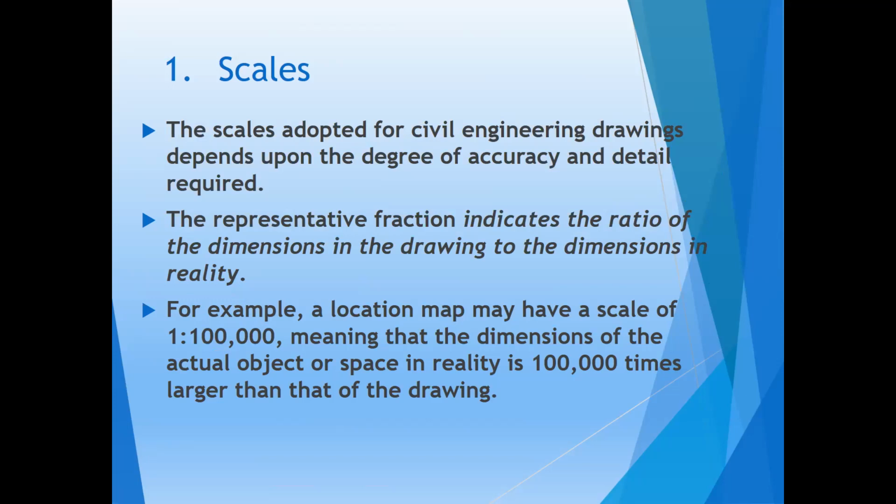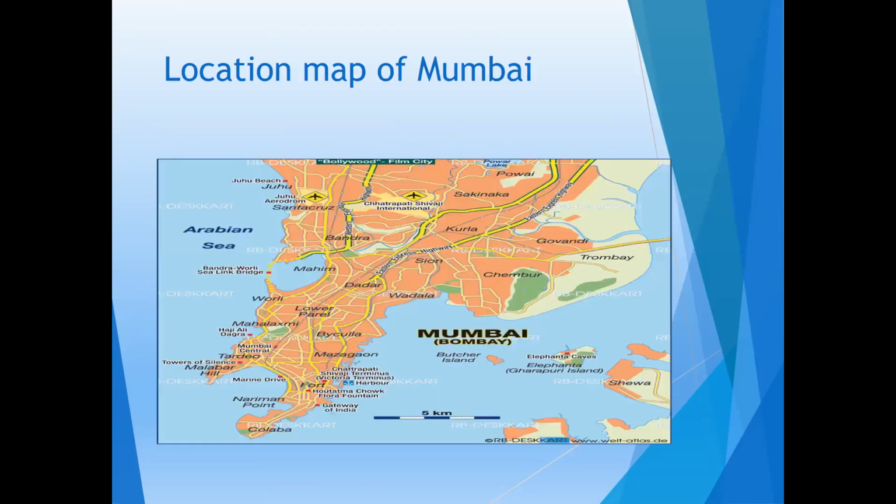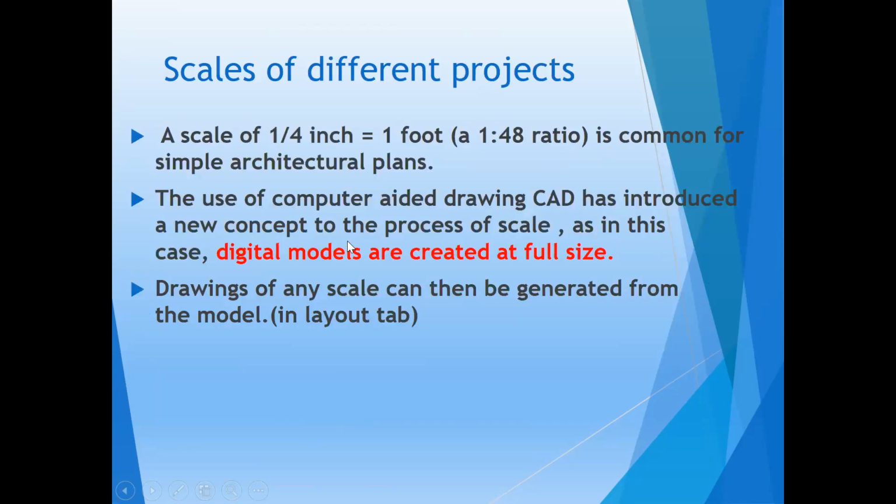For example, a location map may have a scale of 1:1 lakh, meaning that the dimension of the actual subject in reality is 1 lakh times larger than that of the drawing. For example, here I show you a city of Mumbai location plan. A scale of quarter inch to 1 foot, that is 1:48 ratio, is common for